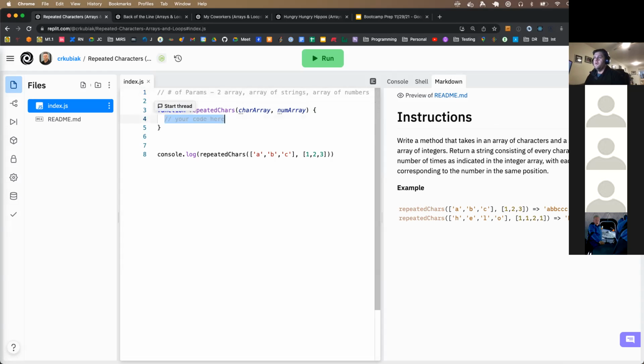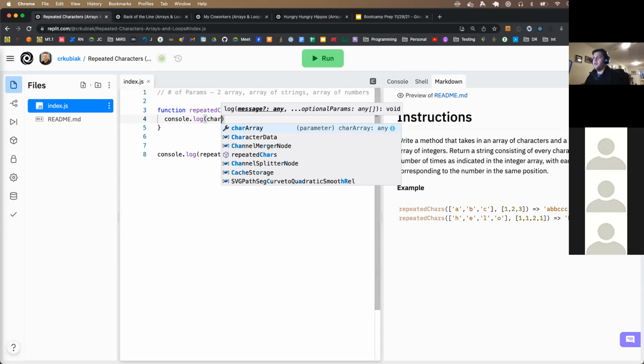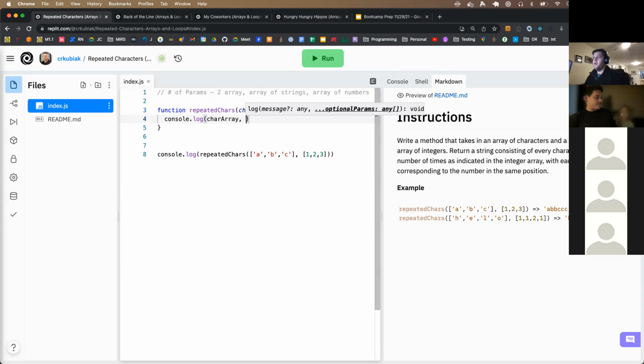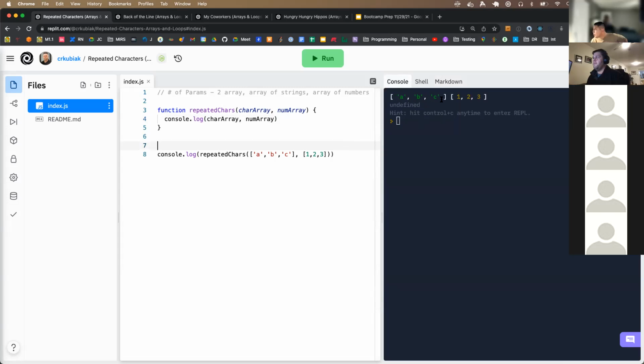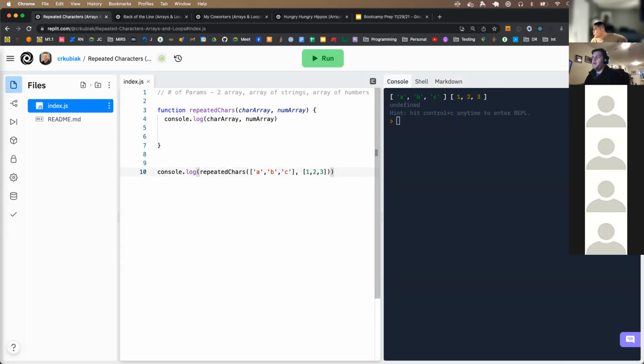All right, so the first thing I always want to do is make sure that I'm getting what I think I'm getting. So let's go ahead and console.log the char array and the num array. All right, and that looks like what I'm looking for, right? There's my char array ABC, there's my num array 1, 2, 3. So let's go ahead and take a look at writing some pseudocode here. So I need to access